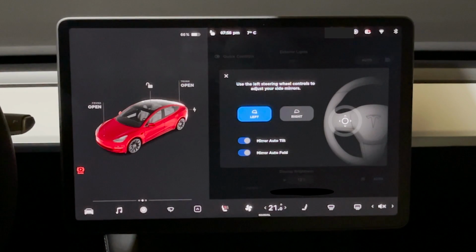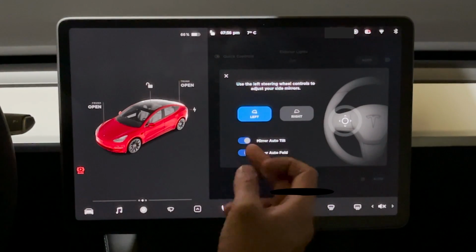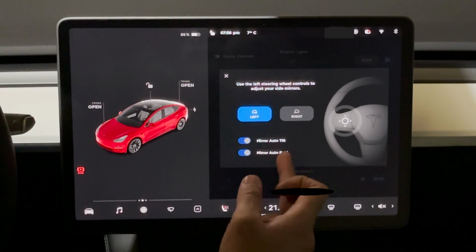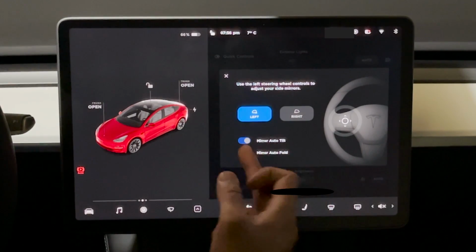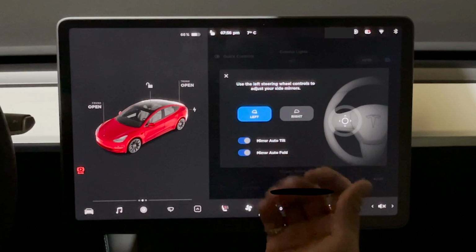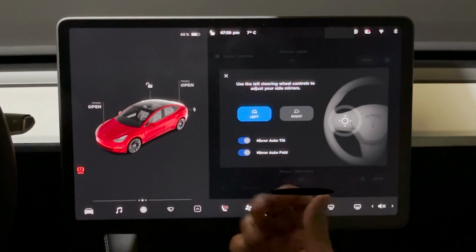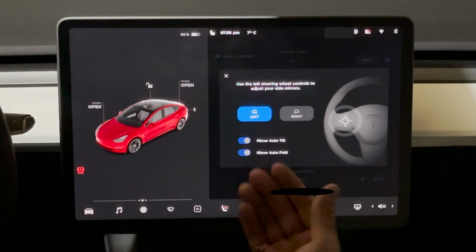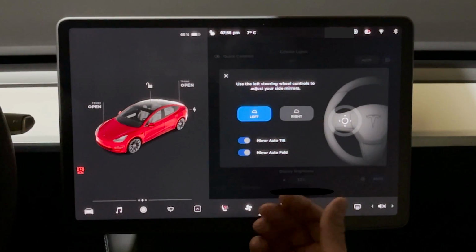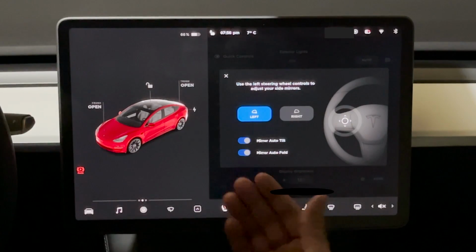So when you move the left scroll wheel up or down, the mirrors move as well, up and down. And if you move the scroll wheel sideways, you will see that the mirrors also move sideways. And you have other two options like mirror auto tilt or mirror auto fold. So mirror auto tilt is, whenever you select the reverse gear, the mirrors will auto tilt to show you the curb behind the car, or anything behind the car,